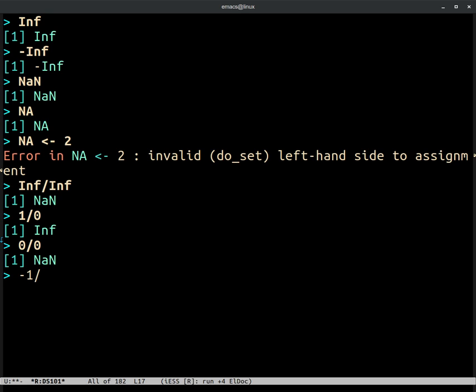Minus 1 over 0, you guessed it, is minus infinity. And if you try to add, for example, missing values, you get a missing value. If you try to add numbers that are not numbers, you get not a number. So there's no surprise here.